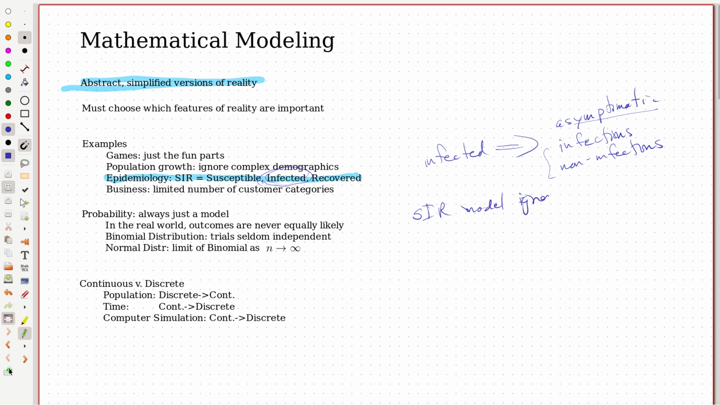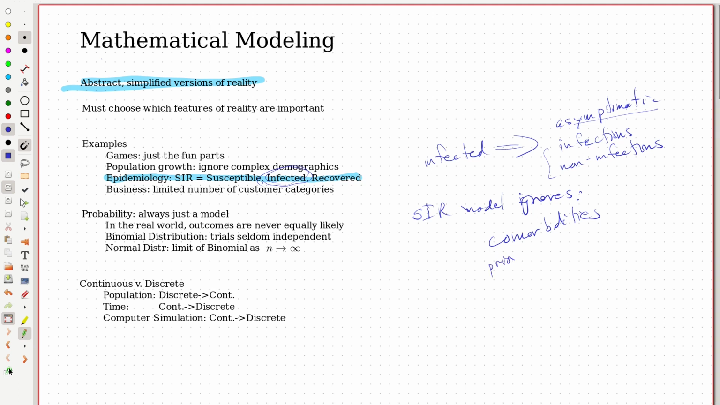That is, pre-existing conditions you might have that make it more likely that you'll come down with a serious or dangerous case of the disease, right? That your symptoms will be dangerous. It also ignores things like